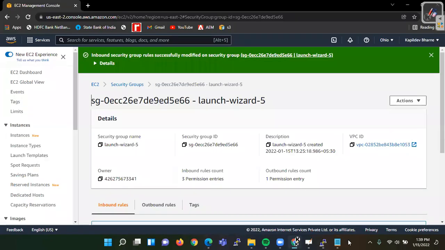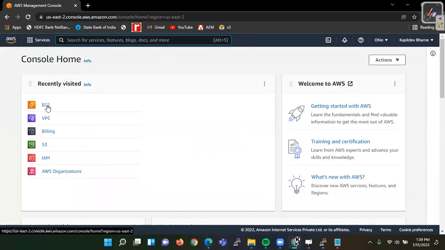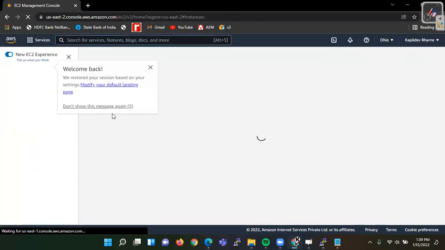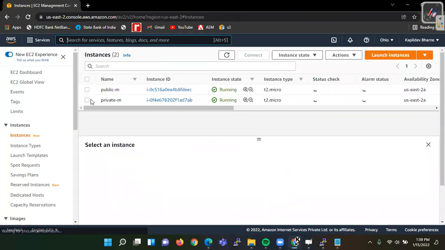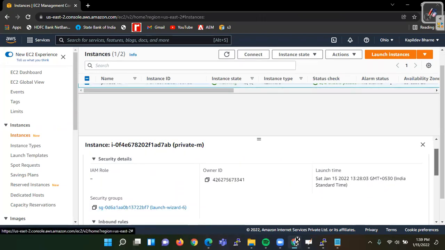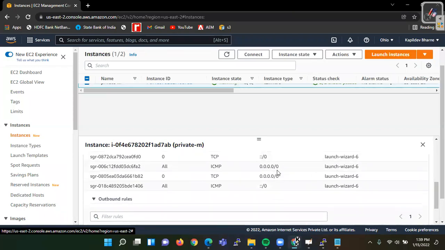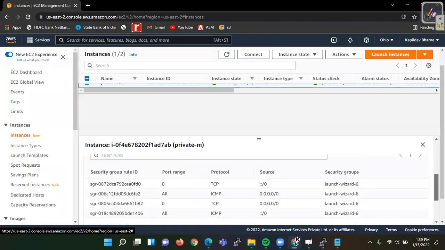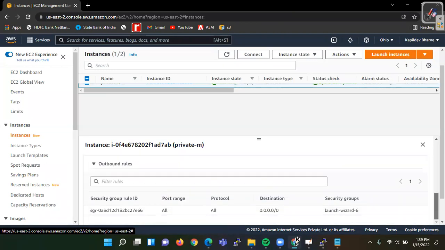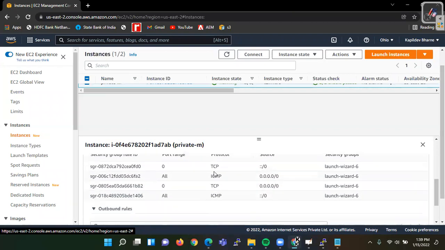No, actually that rule, we have to check whether it is in second subnet or not. Subnet C2, private. We have ICMP rule. We have these rules.